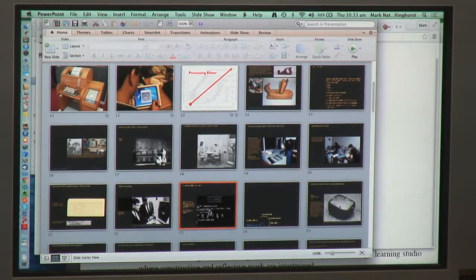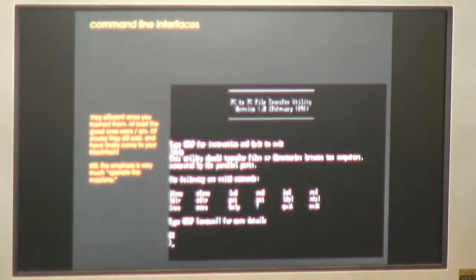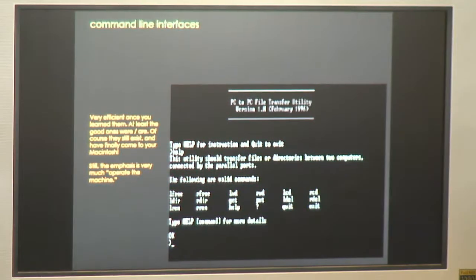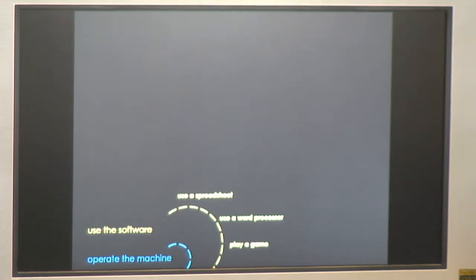So that led to command line interfaces, and some of the first computers I used had command lines. But in fact, those of you who use Linux today are still using command lines. It's a very efficient way to use computers, but you have to learn the commands to be able to use it. In this case, it was a lot about the user learning how to use the computer. Then you're going to have the second generation of computing, where the focus is on building pieces of software that were easier to use. Instead of learning how to operate the machine, it was about learning specific pieces of software. For example, learning how to use a spreadsheet, a word processor, or playing a game.